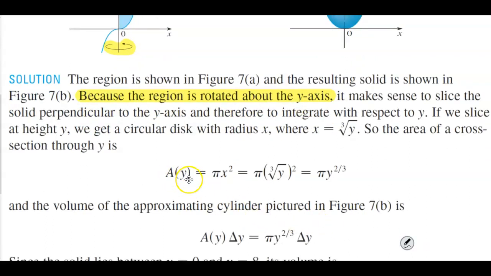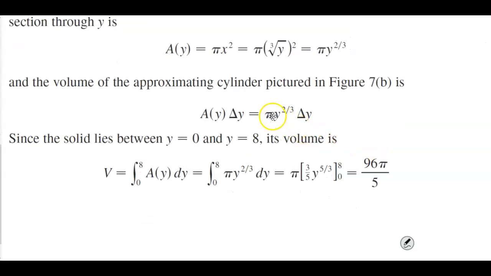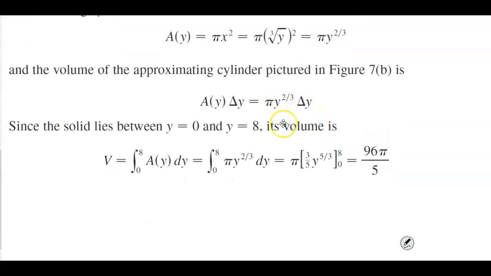Area with respect to y is equal to pi x squared, but we know that x is going to equal the cube root of y. And if we square that, we get pi y to the 2/3. And the volume of the approximating cylinder pictured in that figure would then be pi y to the 2/3 times delta y. Now, since the solid lies between y equals 0 and y equals 8,